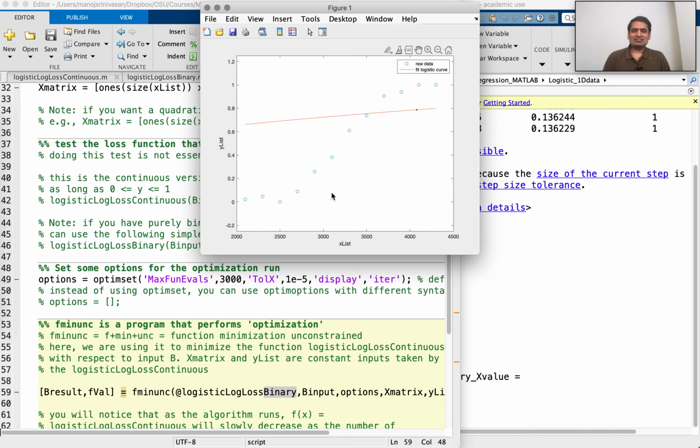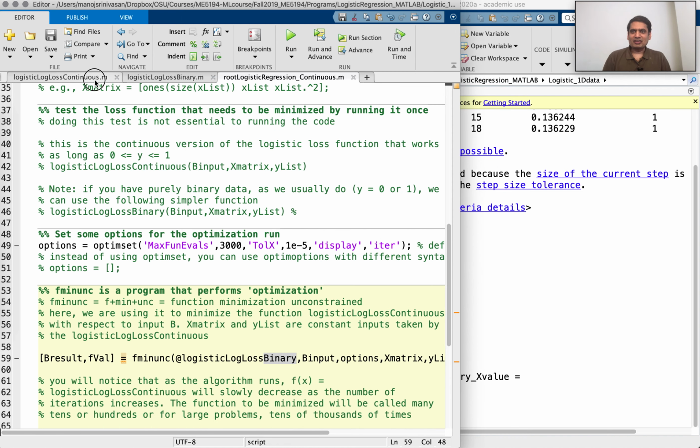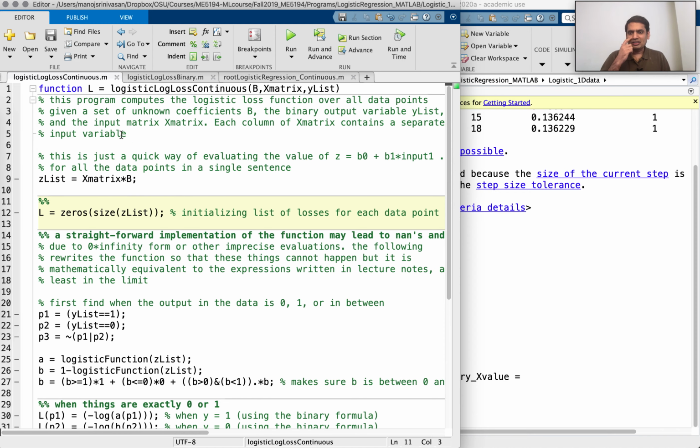Just looks like a mess, right? Because it's just trying to do something, I guess. It's ignored most of the data. It just has 3 data points and it's fitting 2 coefficients. And yeah. Okay. So what we really want to do is there's this other function that is provided here, which